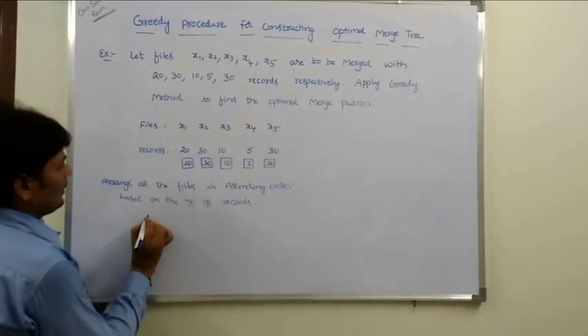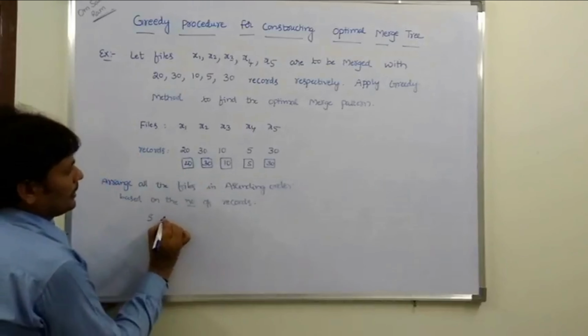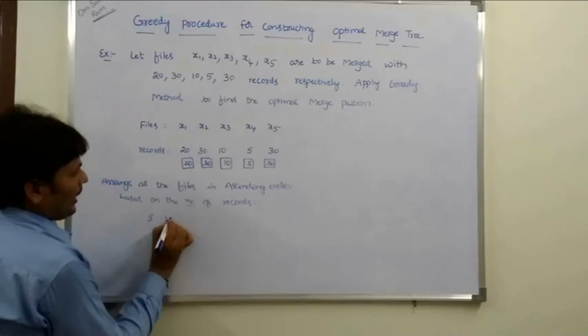So then 5, 10, 20, 30, 30. So here the second step is